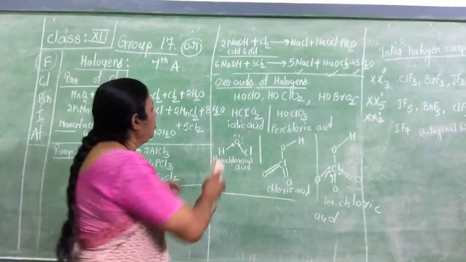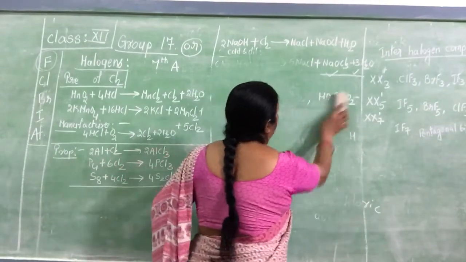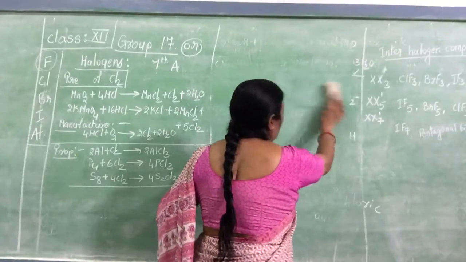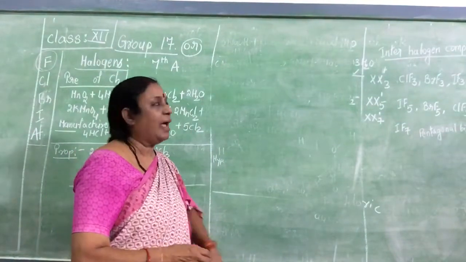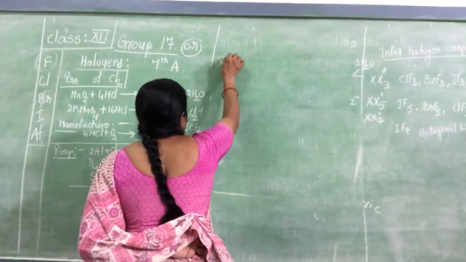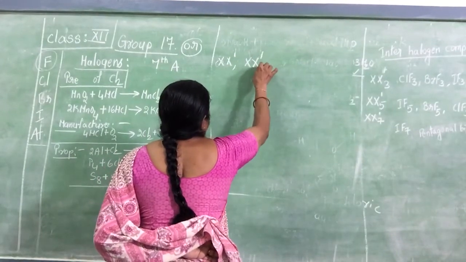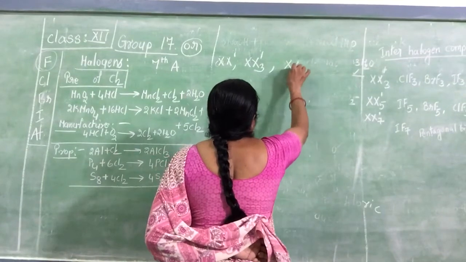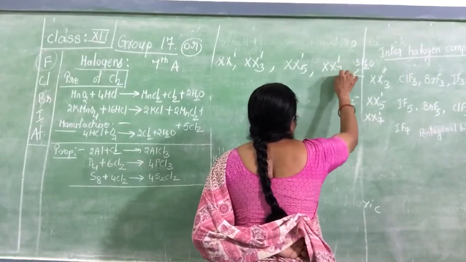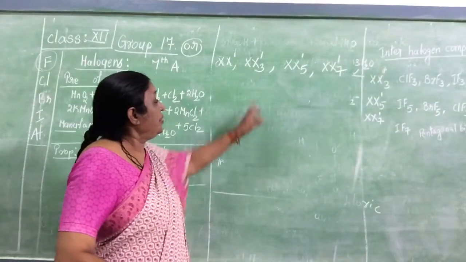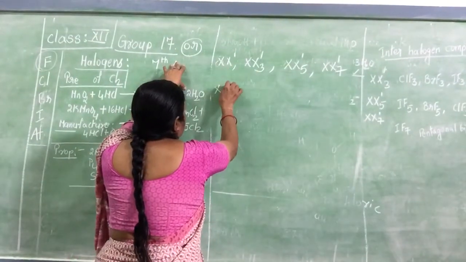Now next, children, we will do interhalogen compounds. What do you mean by interhalogen compounds? Two halogen atoms react with each other to form interhalogen compounds. The general formula is XX', XX'3, XX'5, XX'7. Now, the examples of this compound, XX'3,